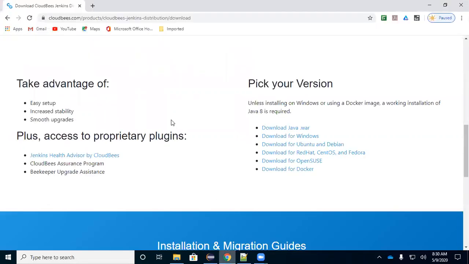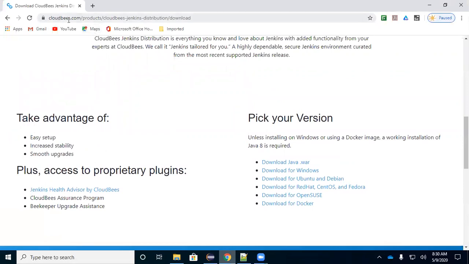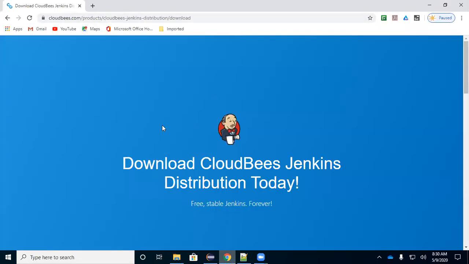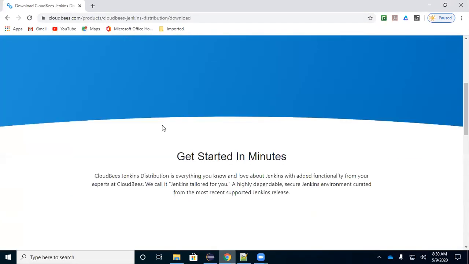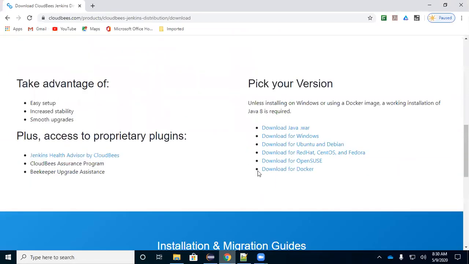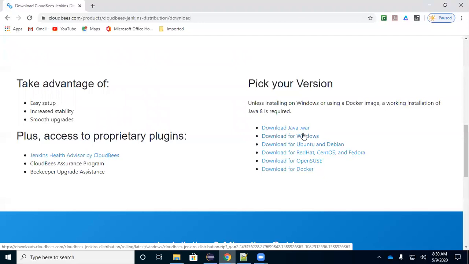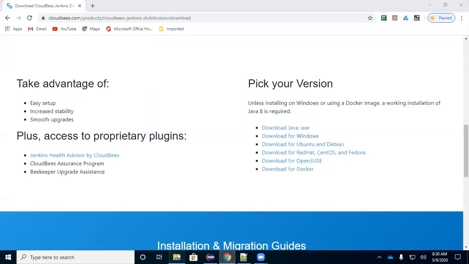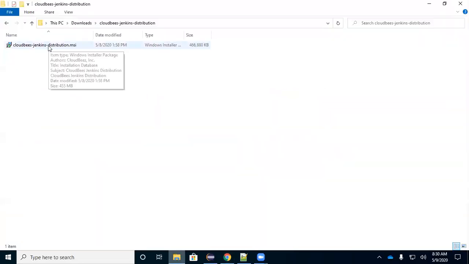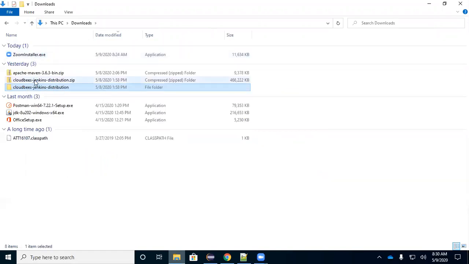You can download it from this link, cloudbees.com products cloud-based Jenkins distribution /download. I'll share this URL in the description of the video. Scroll down and just click here, download for Windows, and it automatically gets downloaded into your download folder. Then just extract this file.